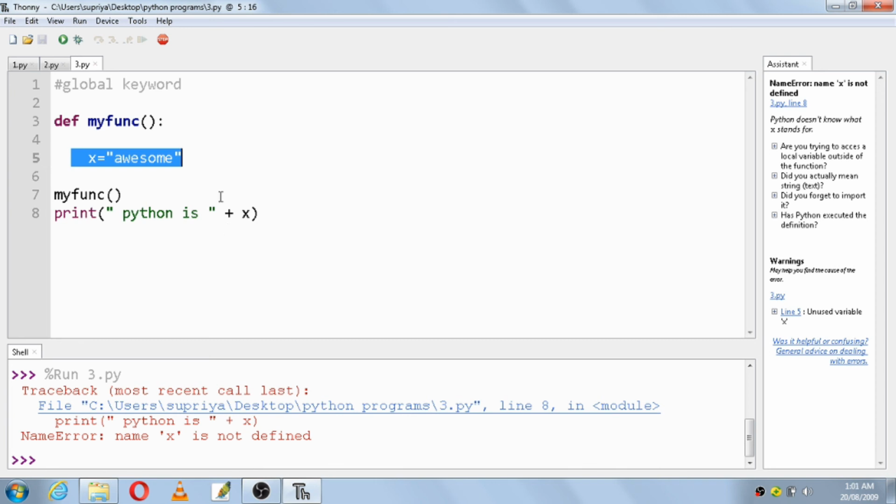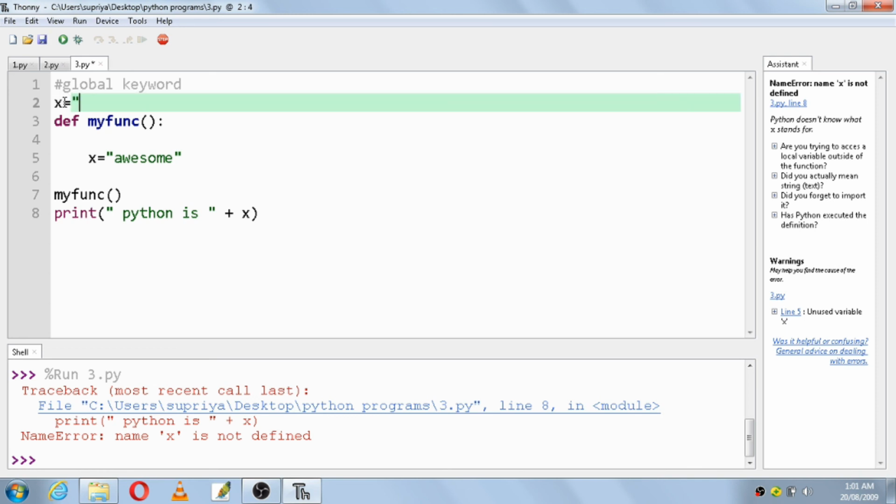So it is important that if you are using a variable inside a function, you have to declare it as global so that it is seen by the outside program also. Now this is not visible. If I use one global variable outside the function, x equals "simple", obviously it is global, since it is outside a function, so it is visible for the entire program.